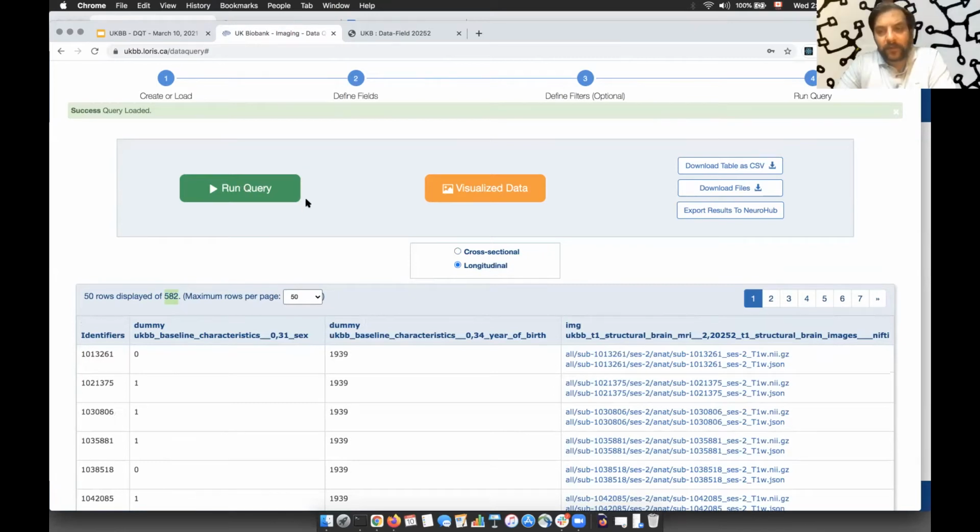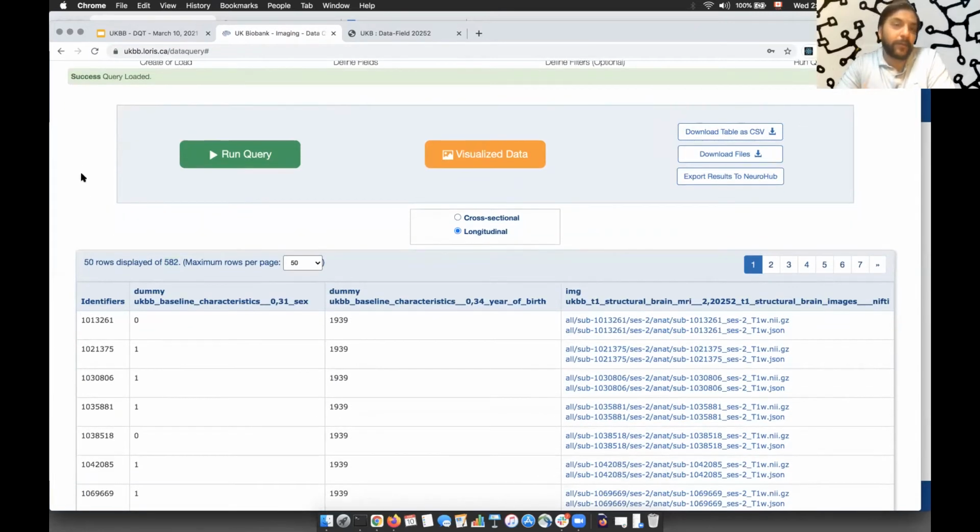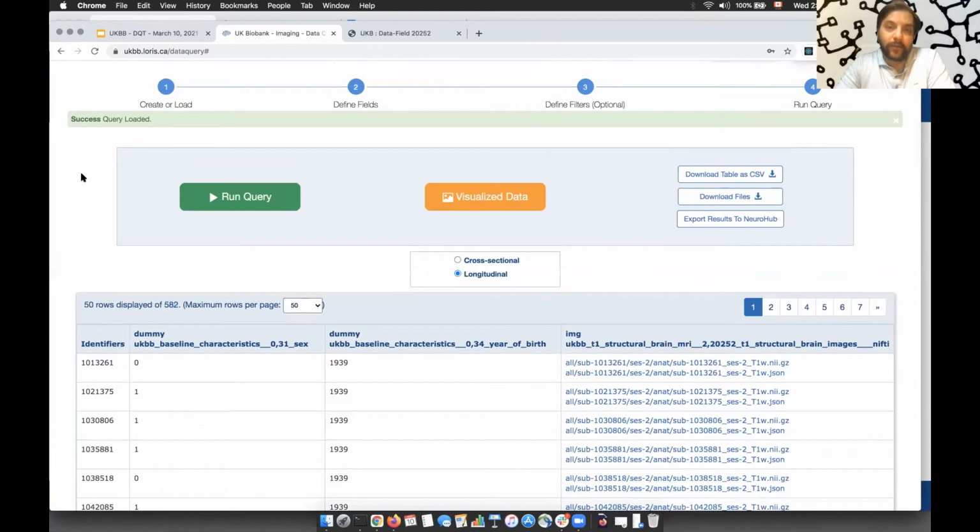So basically, what you're seeing here is the ability to, within a few seconds, but let's say you do have a very elaborate query, within a couple of minutes, you can load an existing query to begin with, or you can define your fields, define some filters, and then you can get that data. So that's the point where we would like everyone to be right now. You can play with it a little bit now, or even later when we get into the more workshop aspects of this meeting today. But right now we're more in the demo side of it. But we just wanted to give everyone the opportunity to catch up to this point.